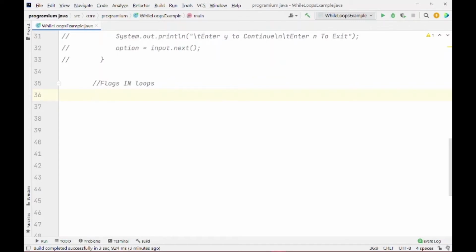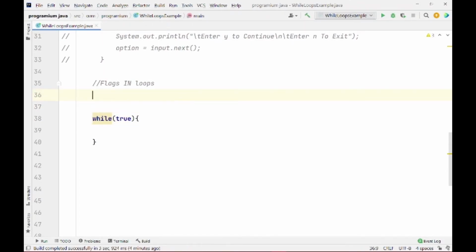So in this way we can use flags here, that whenever we show some flag to our program, then that flag would try to execute a statement. So let us have a look at the flags here. For example, if we have used while true, you would see that this loop would run infinitely until this condition becomes false. So how do I turn this condition to false?